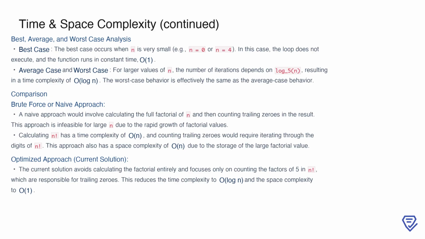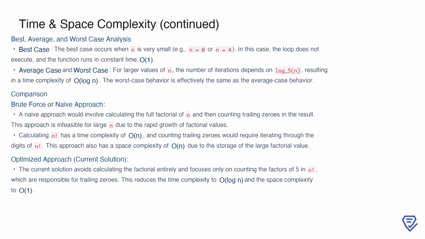Comparing this to a brute force or naive approach, we see a significant improvement. With a brute force method, we would have to compute the full factorial of n and then count trailing zeros. This would require a time complexity of O(n) to compute the factorial and additional space of O(n) to store the result, which becomes infeasible for large values of n due to the sheer size of factorials. In contrast, our optimized approach avoids this entirely by focusing only on counting the factors of 5 in n, which directly determine the trailing zeros. This results in a time complexity of O(log n) and a space complexity of O(1), making it far